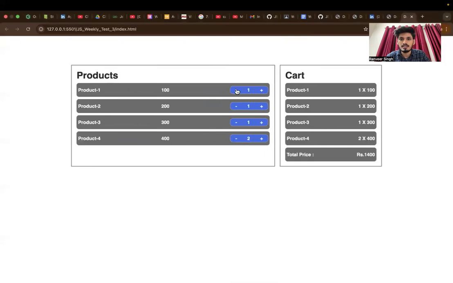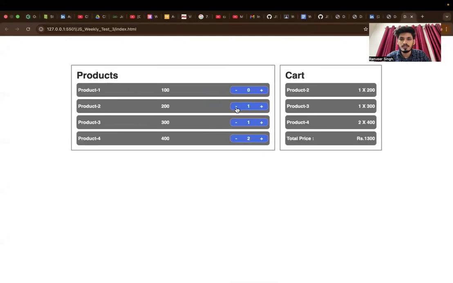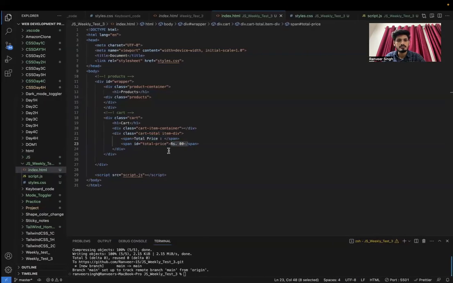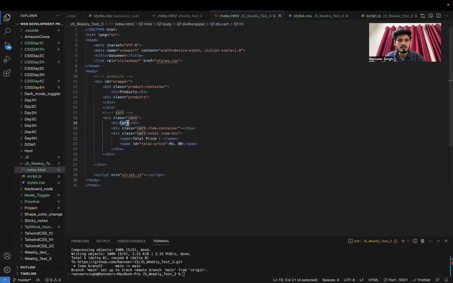As we can see, if I subtract everything from here, it comes 0. So initially it shows 0, and the total price is this. And we also have a cart heading tag given to that. So yeah, and then going to